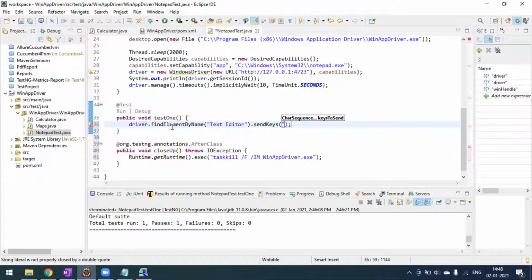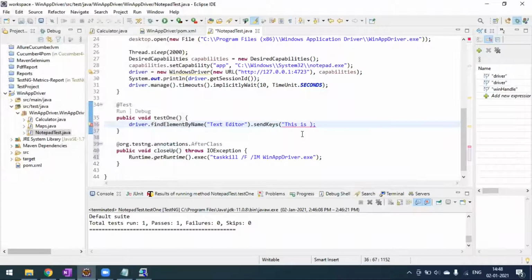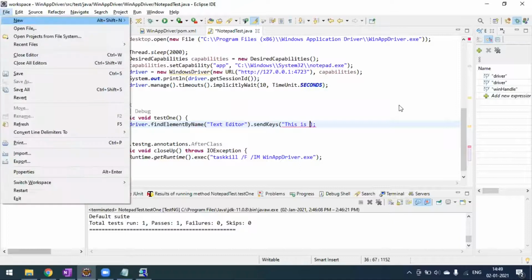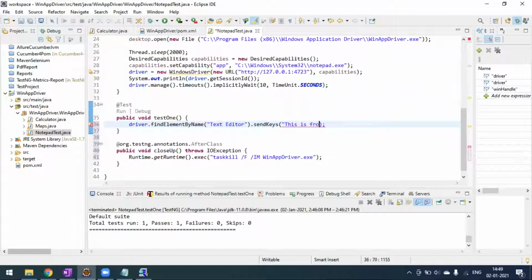So we'll type something, this is from WinApp driver.